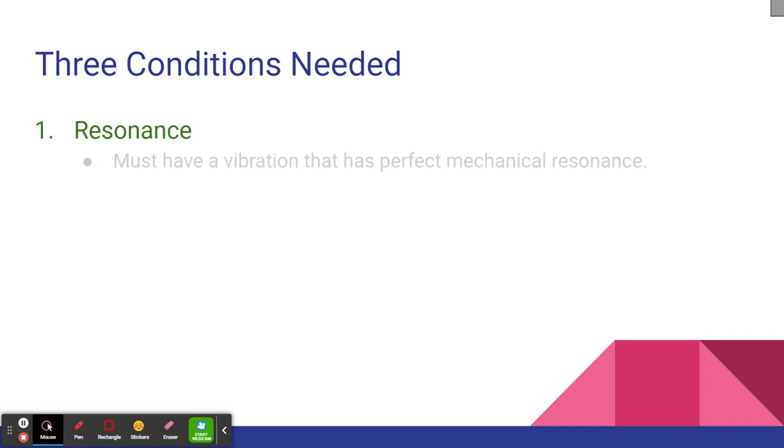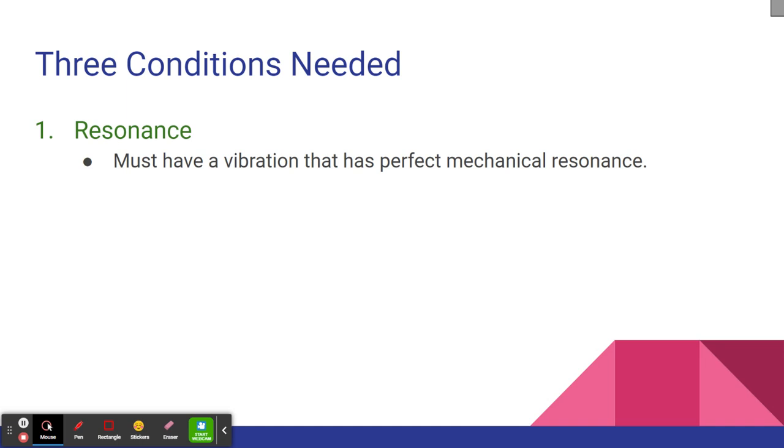So we're going to start with the very first thing being resonance. And this is going all the way back to the end of chapter 7. Resonance, remember, is just the idea that everything has a natural resonant frequency. And if we apply a forced frequency, we apply a force at the same frequency as the natural resonant frequency of that object, we can cause mechanical resonance. We can either keep it vibrating at that frequency, or we can even do things like increase the amplitude of